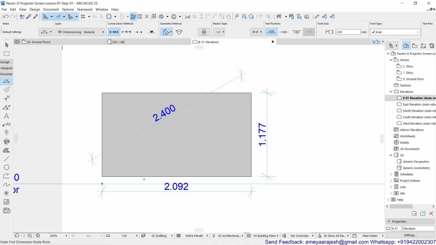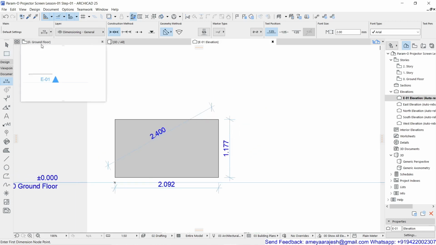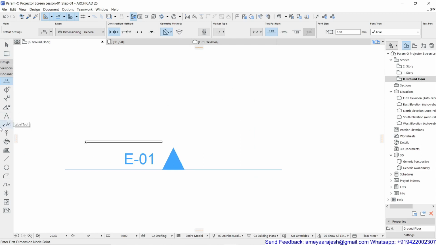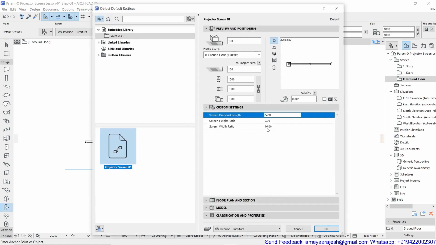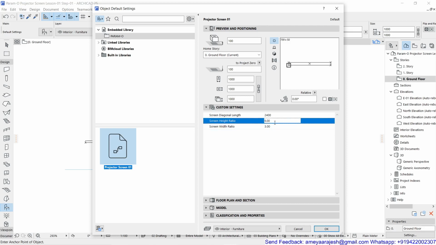Now, if you want to change this combination, you can just go inside your object tool and change the aspect ratio. Maybe you want to work with 4 and 3, that is, width is 3 and height is 4.